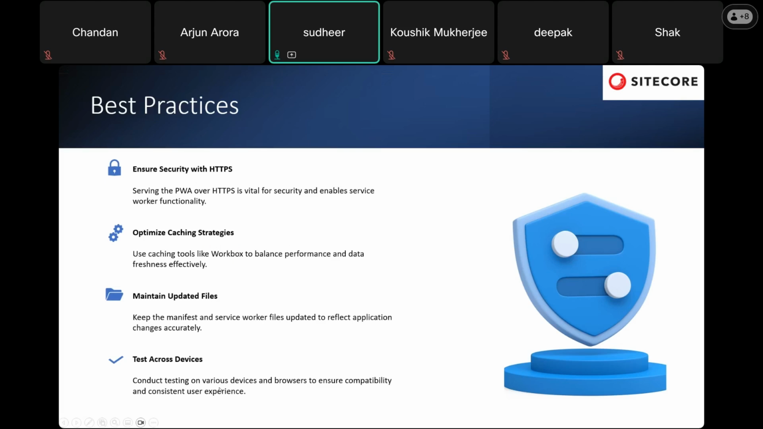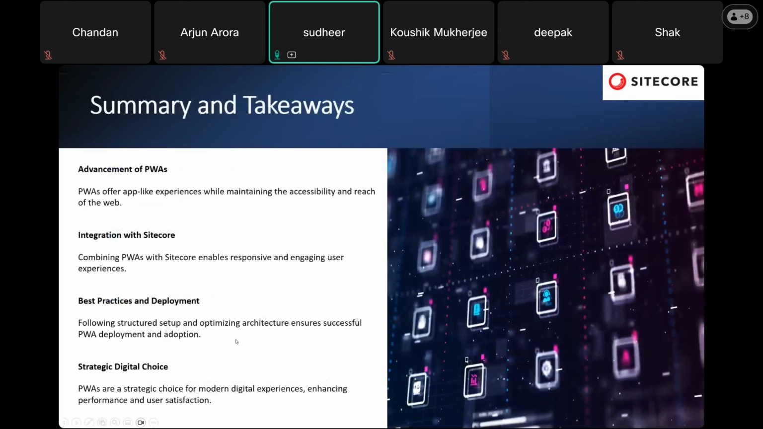And as I said, it is compatible with all the browsers, so it is easy to access. It is compatible with all the browser versions. Coming to the takeaways,